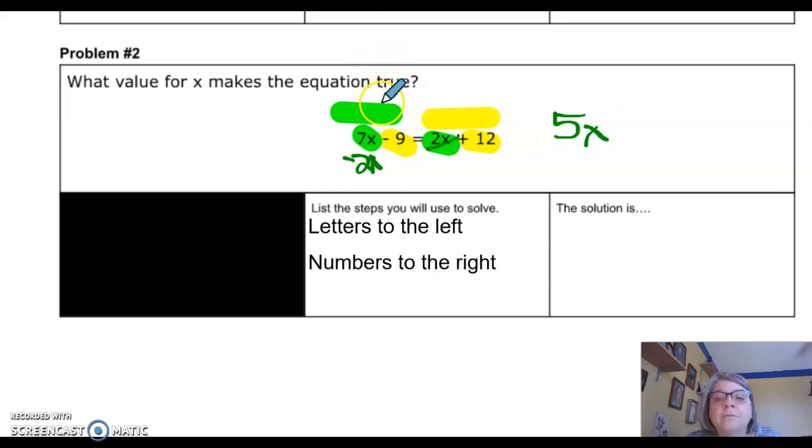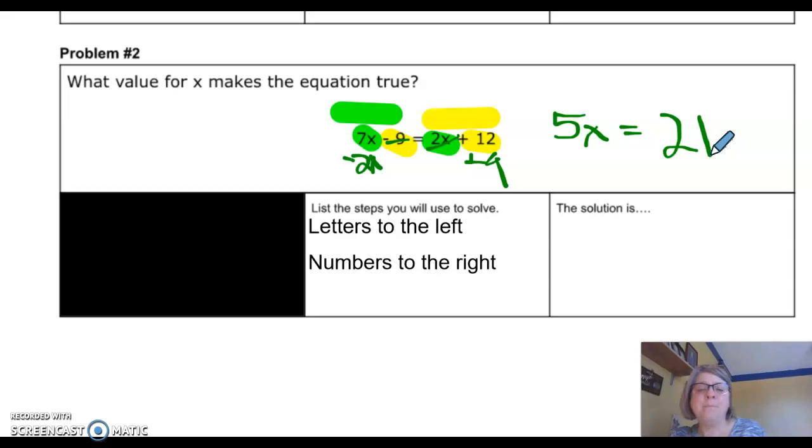Then my negative 9, I'm going to get rid of that by adding 9. So 5x is going to equal 21. And you're going to say, well, 5 times nothing is 21. So whenever that happens, you have to divide. So I'm going to do 21 divided by 5